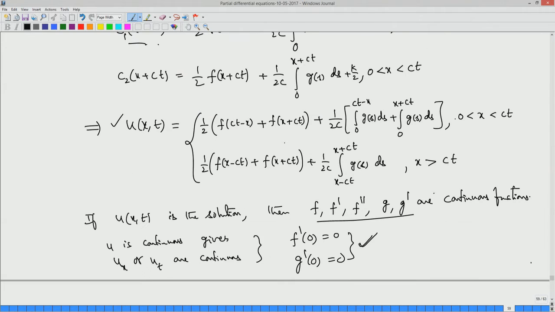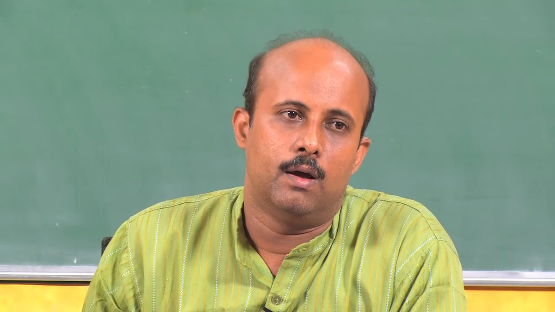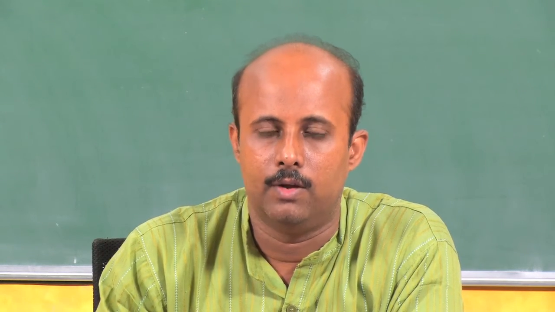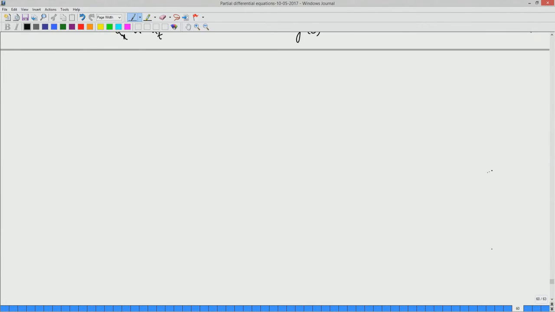This is the more general approach, so you can even use it for other boundary conditions. So far we have seen how to solve a wave equation with the initial data in the full domain minus infinity to infinity, or a wave equation with initial data on a semi infinite domain, that is 0 to infinity, so that you have a boundary. On the boundary you can give any boundary data. Any type of boundary data whatever is given, you can actually construct your solution in this fashion, okay. So, now let us move on